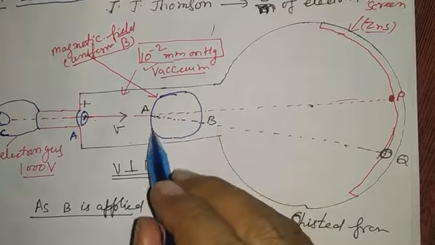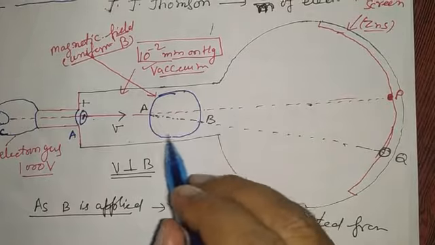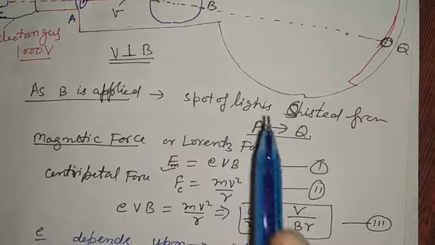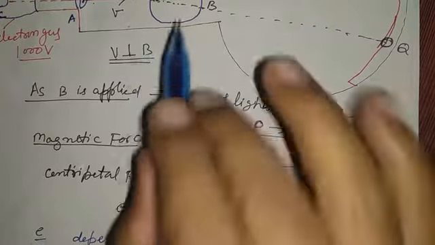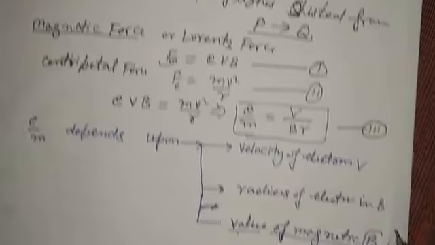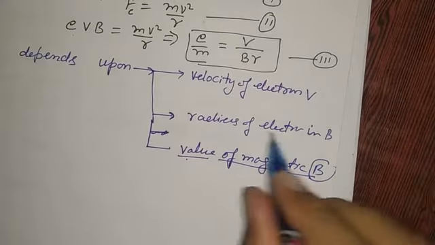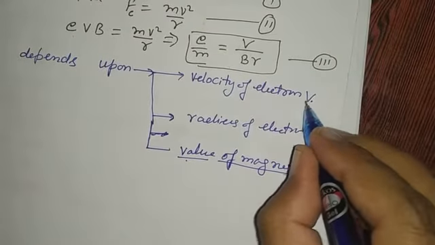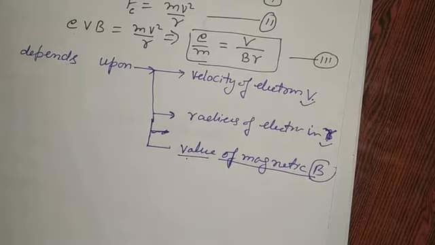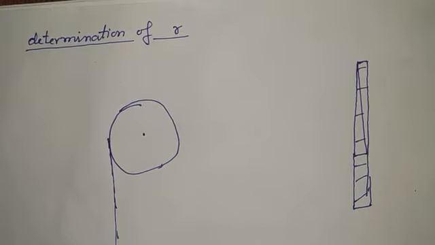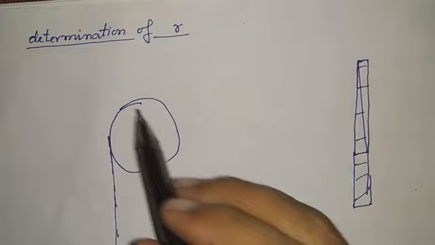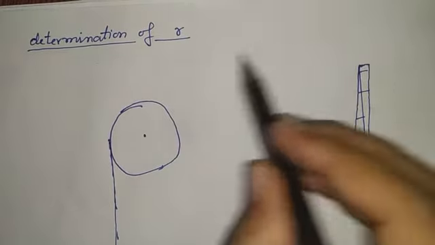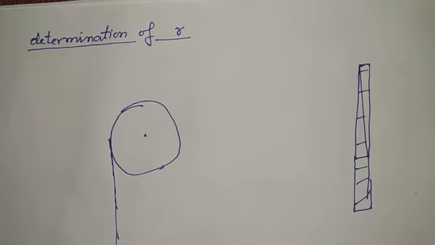This can be obtained because we are providing the magnetic field. This magnetic field we are giving in terms of its unit, Weber per meter square, and it can be obtained. But R and the velocity, the speed of the electron, these are required to be calculated here. For the determination of the radius R, see very carefully how it is obtained.